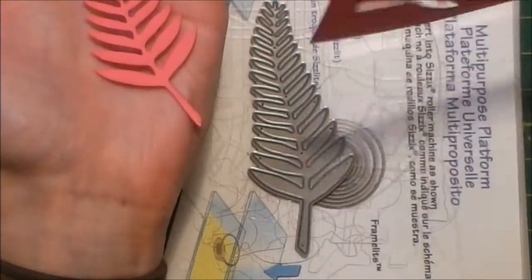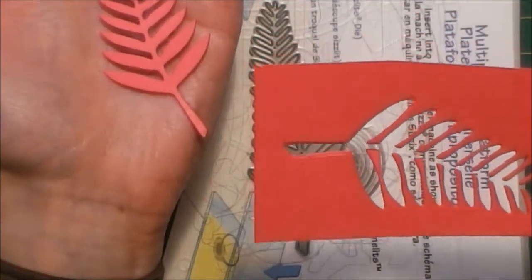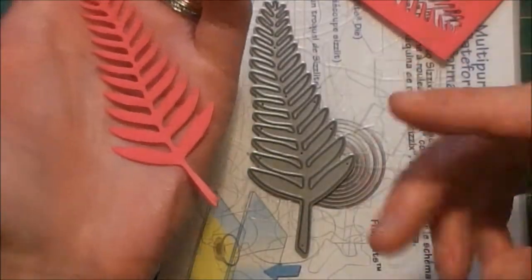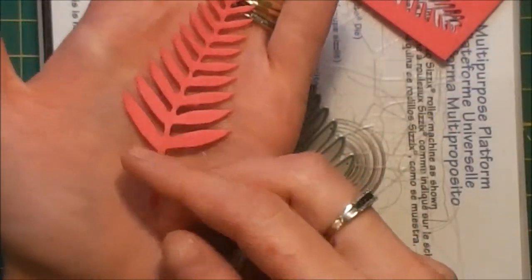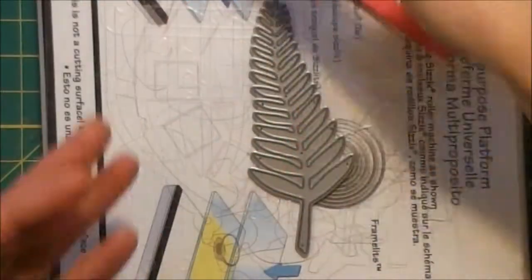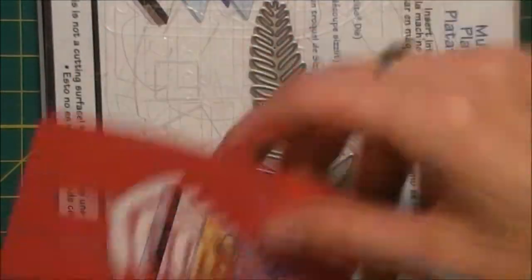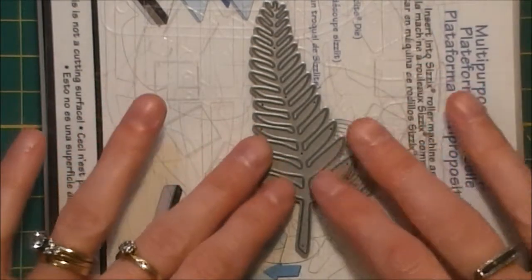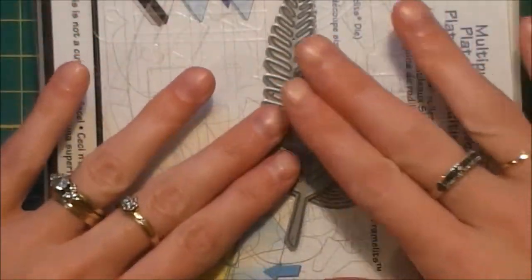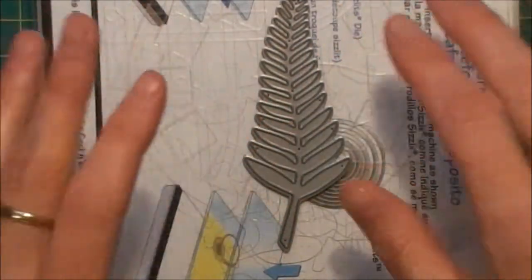Oh, it's their hot pink, in case I don't know how it's going to show up on camera. I can't think of the name of it, but we have a nice hot pink fern leaf. And the one thing I am going to say is if you're using pattern paper, if you want the pattern to show in your leaf